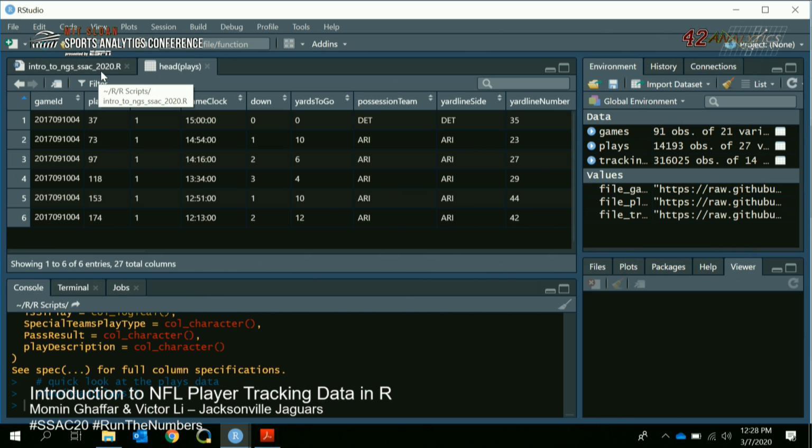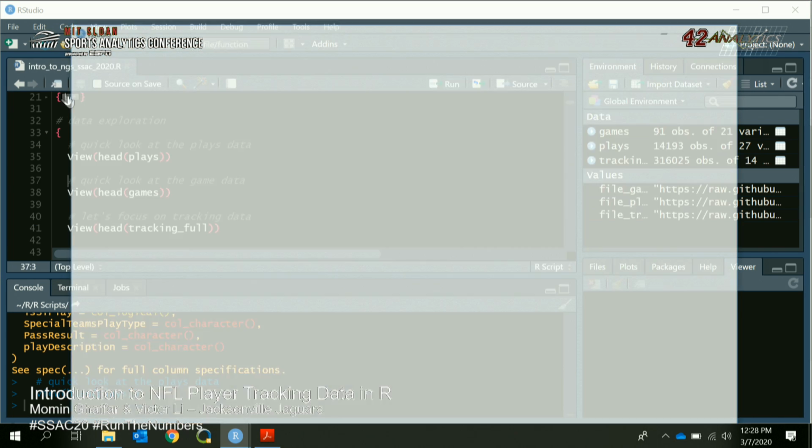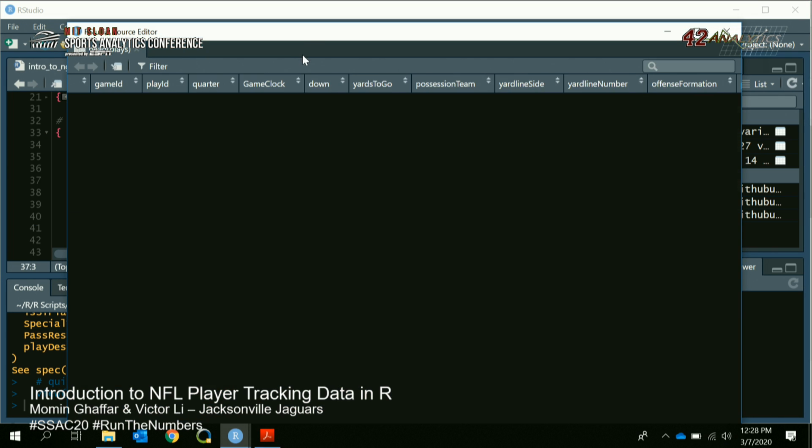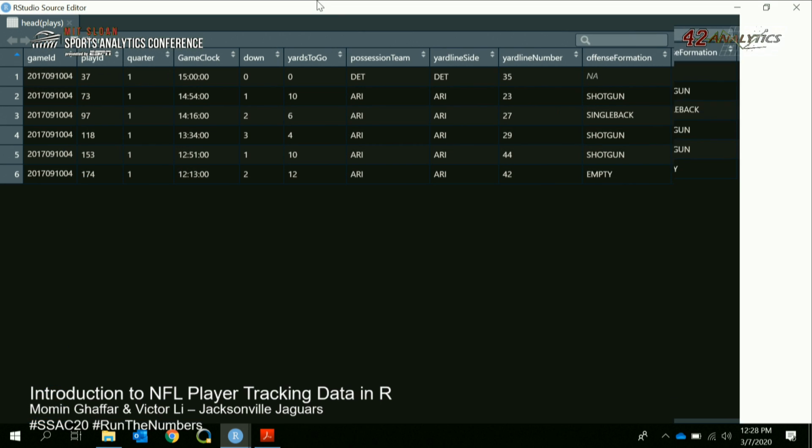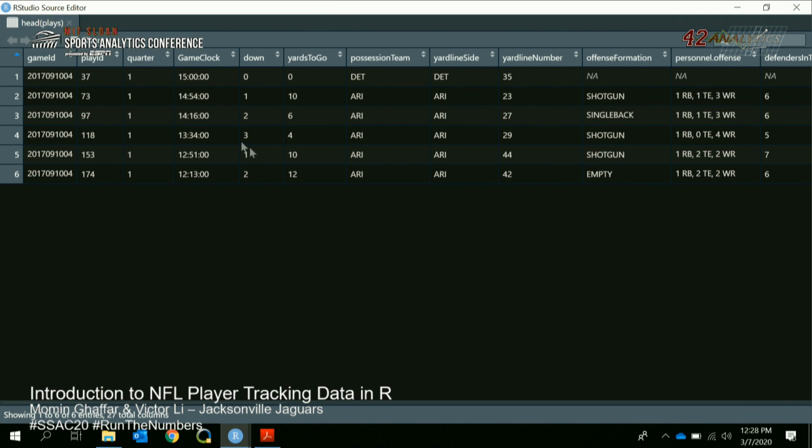So head plays just means get the first few rows, and view opens up this very Excel-like GUI of RStudio, which is a really great, helpful part. So we can see here in this play data that we have game ID, play ID, which was mentioned. It's going to be sort of our ID to allow us to join information on. And then various contextual information about the play itself. So game clock, down and distance,